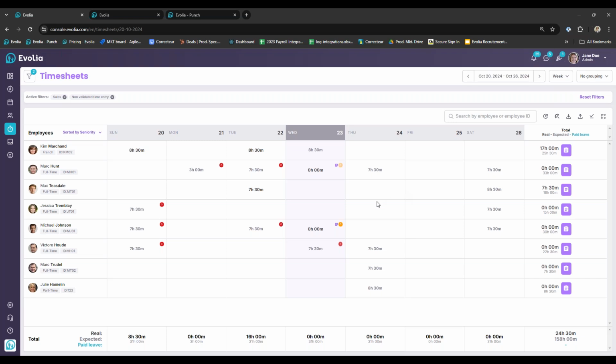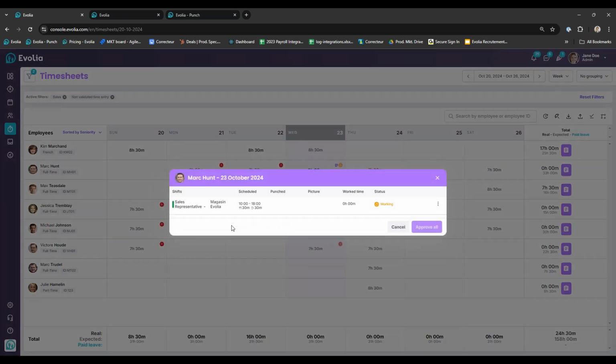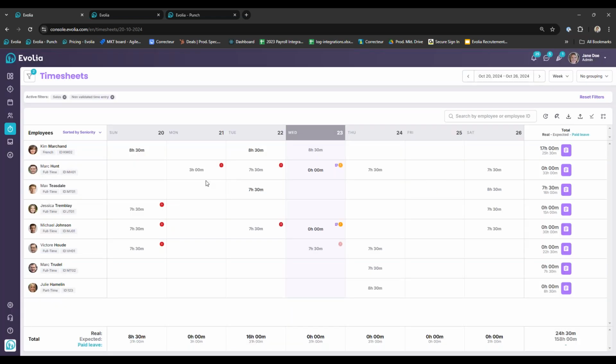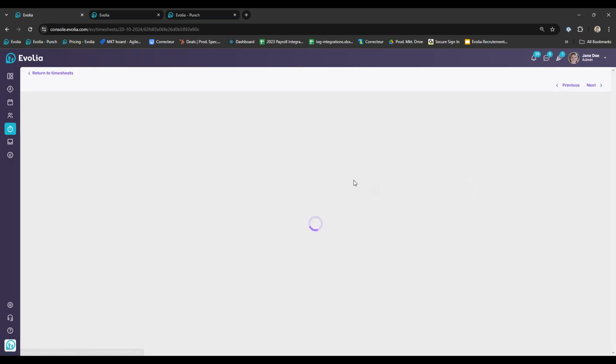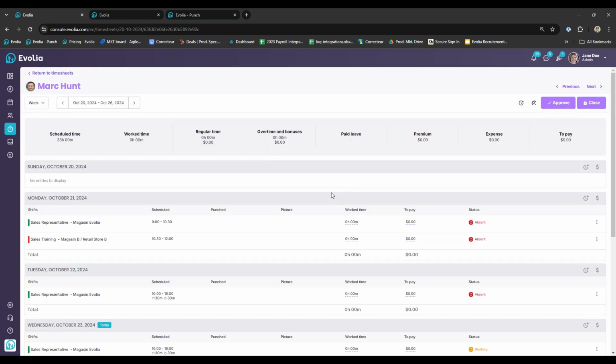Once this screen is cleared, then we know that we're ready to maybe lock the timesheets and send it off to payroll or export, depending on your level of integration. It's not really a time entry webinar, but just to show you, of course, quick access to the information, either that one entry here, a couple clicks away from just approving it, adjusting it, or viewing the details, or maybe going into Mark's entire time sheet for a given period, being the week or the pay period, and then viewing